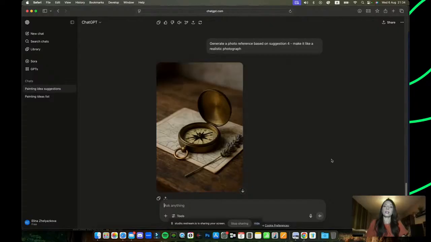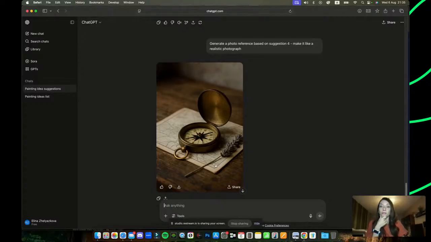And I have a class on that on Skillshare, where I teach you the entire process. With the focus there is on Midjourney, because it has a lot of tools inside, a lot of options that you can work with. For example, when you ask it to generate an image, it always generates 4 different images, and then you choose one, and then you start from there, and you can tweak it and so on.